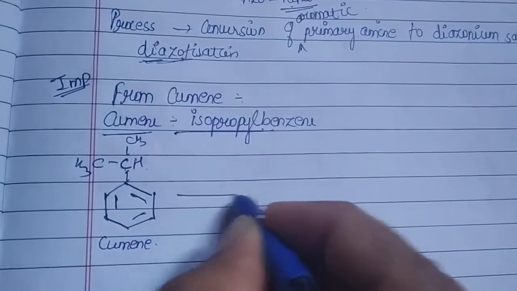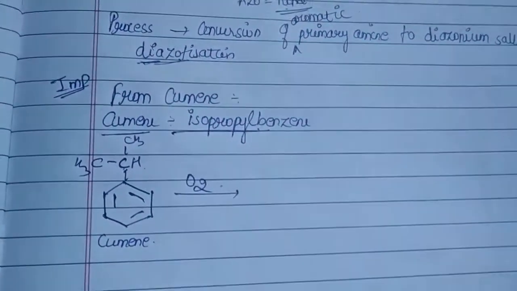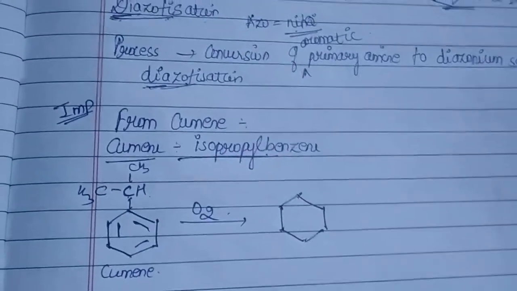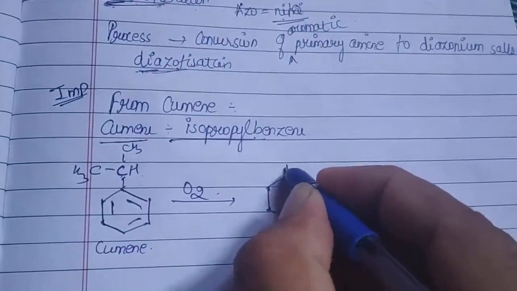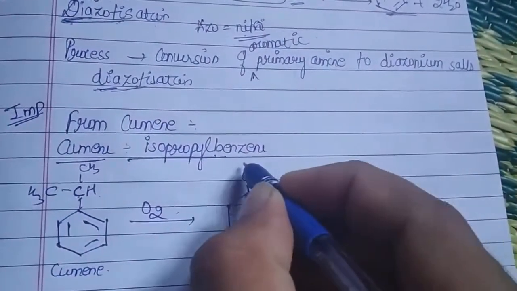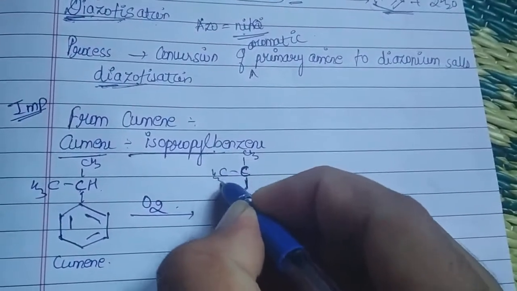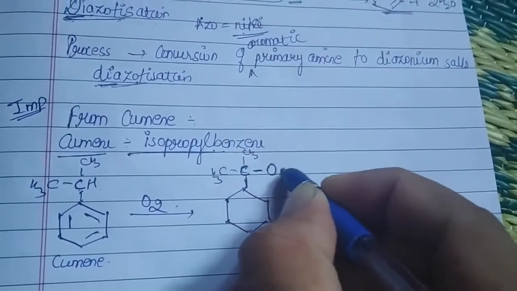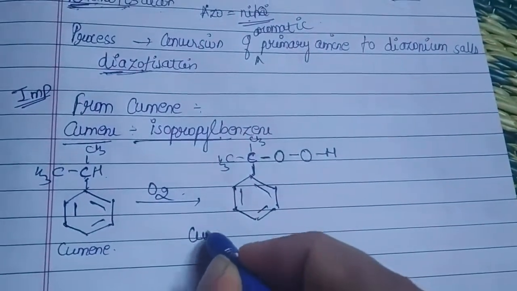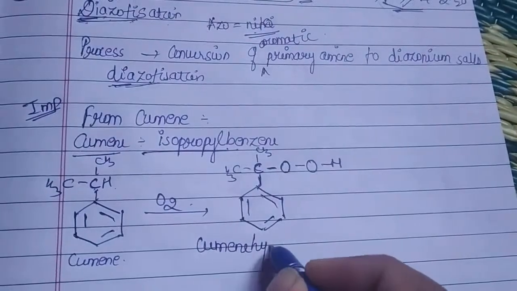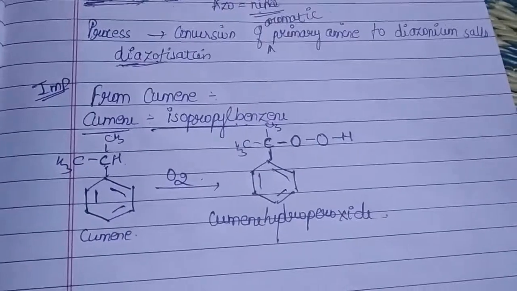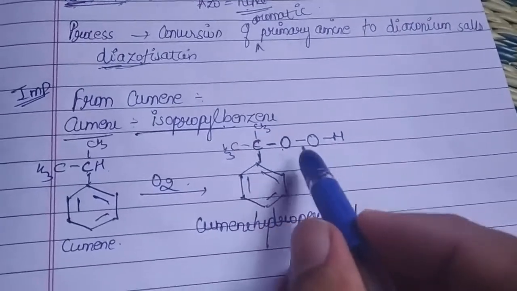So first what we are going to do, I am going to oxidize it. On oxidation, what I am going to get, remember, cumene hydroperoxide. That is how hydrogen peroxide is H2O2, right? That peroxide comes here too. CH3, just see the formula, O and then H. What is it called as? Cumene hydroperoxide. Cumene hydroperoxide. Yes.